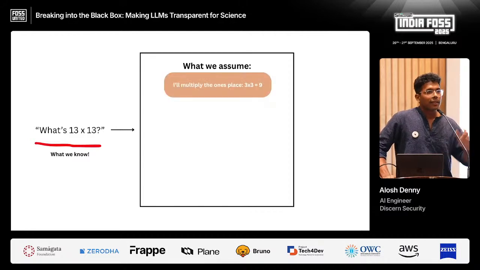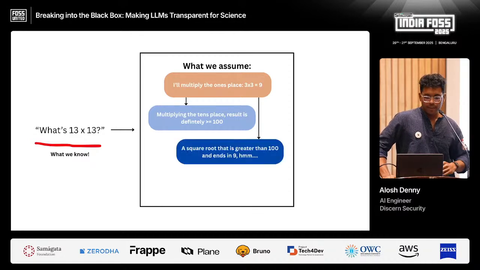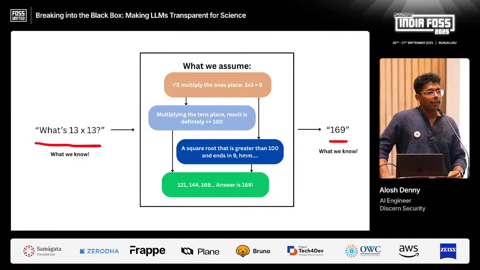So let's say it's going to think, someone said 3 times 3. So it will multiply 3 times 3. Then it's going to multiply the tens place. And it thinks that, okay, it's somewhere in the vicinity of 100. And then it's supposed to be a square, so that is greater than 100. And so it guesses, okay, it's a number that ends in 9. And it's supposed to be a square. It's greater than 100. So let's guess 121, 144, 169. So what happens under an LLM is that it's a complete guessing game. But we need to peek further beyond guessing to see what really happens.